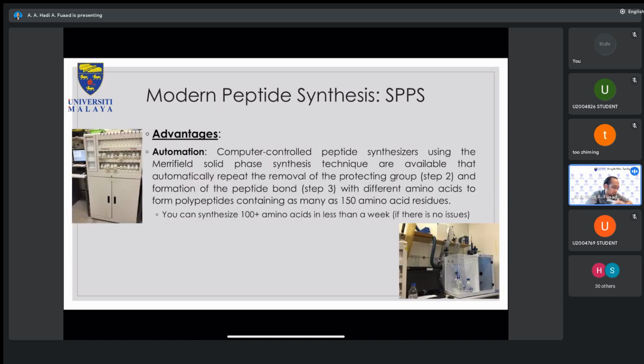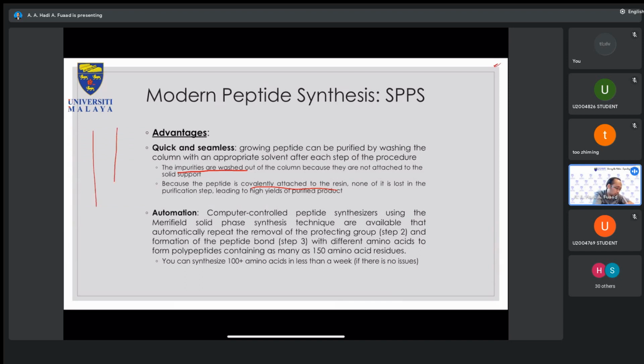I don't think I have a picture of that, but let me draw it for you. So imagine you have a syringe, okay? The normal syringe that you use, very ugly syringe, but nonetheless, it's a syringe. What you do is take off the plunger so that you have a very clean syringe. And what you do next is you put in something like a filter paper, but it's not a filter paper, okay? It's what we call a frit. Normally it's a glass frit, okay? So why do we call it a frit?